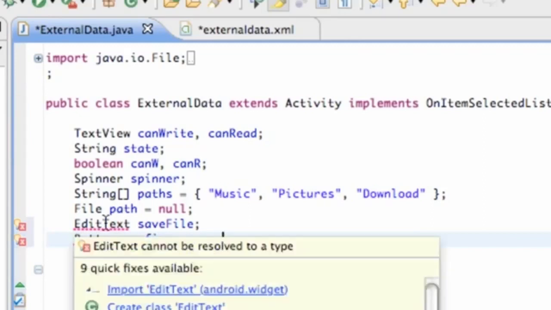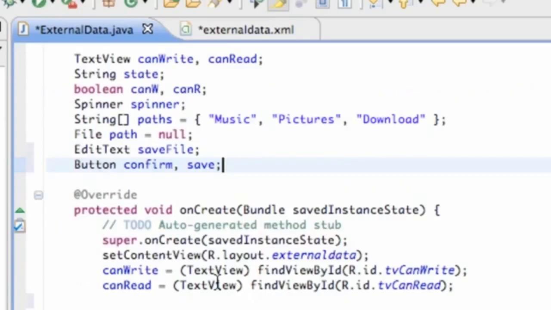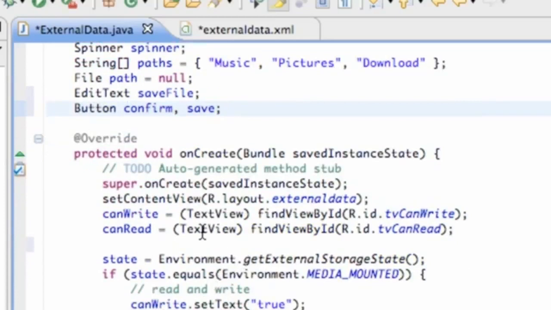Just import both those, and let's set up our references now. Our confirm